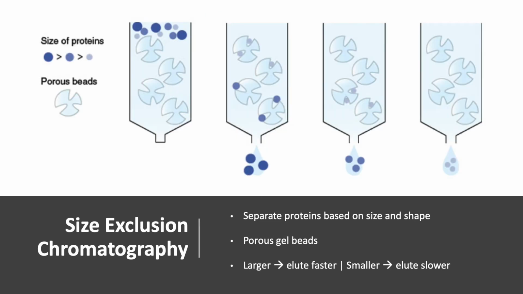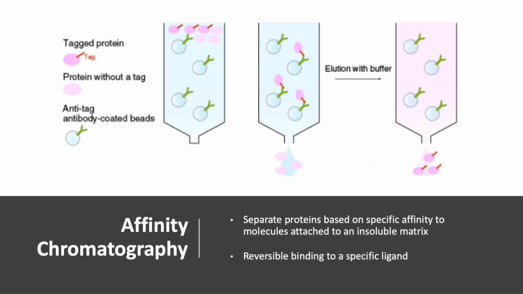Size exclusion chromatography separates molecules based on size and shape by utilizing the porous properties of materials such as beads. Larger proteins are unable to enter the porous beads and elute faster, while smaller proteins can enter the porous beads and therefore elute slower. Affinity chromatography separates molecules based on highly specific and reversible binding interactions to a particular ligand